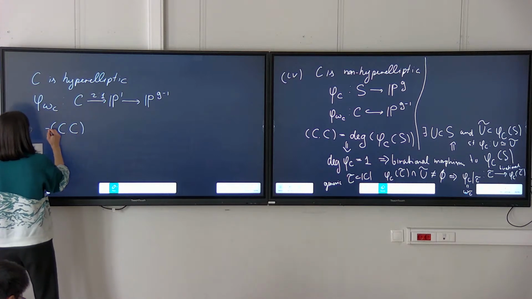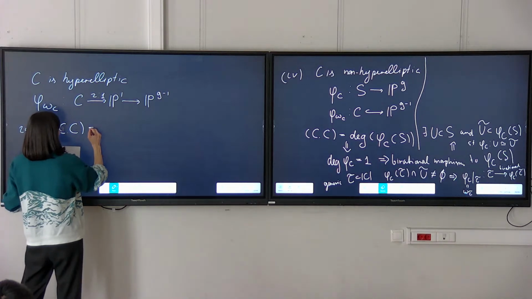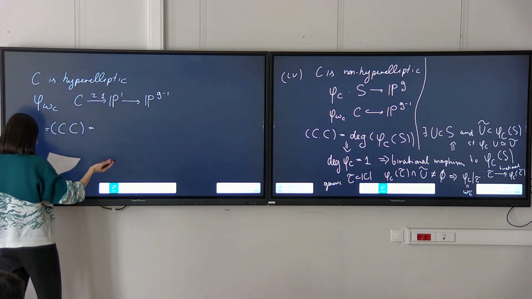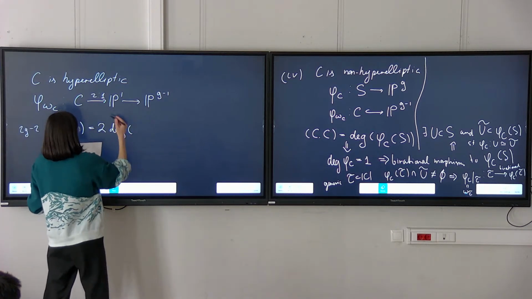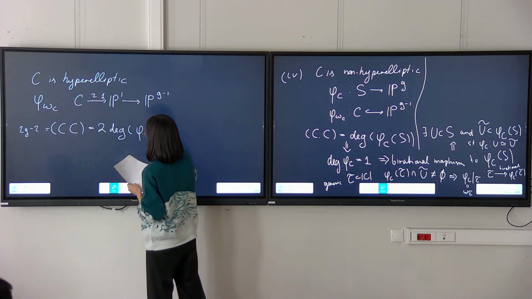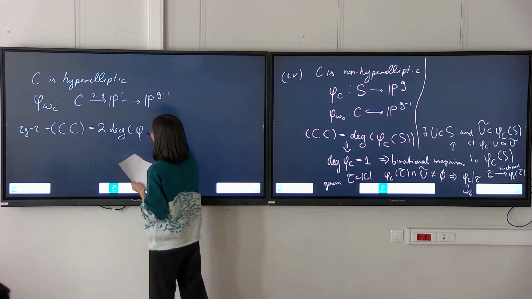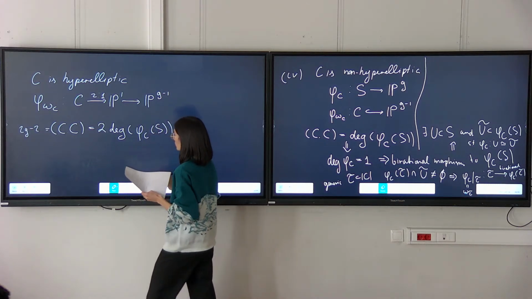So we know that from the above formula we immediately obtain that this is equal to 2. From this we immediately obtain that the self-intersection is equal to 2 degree of phi_C,